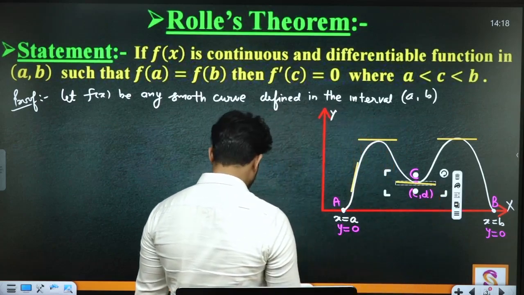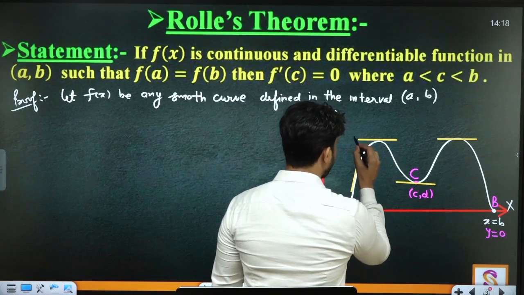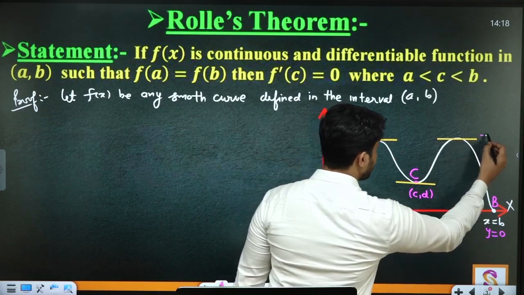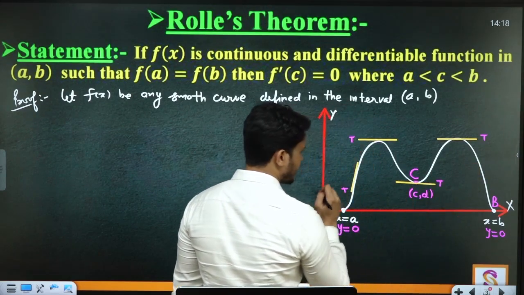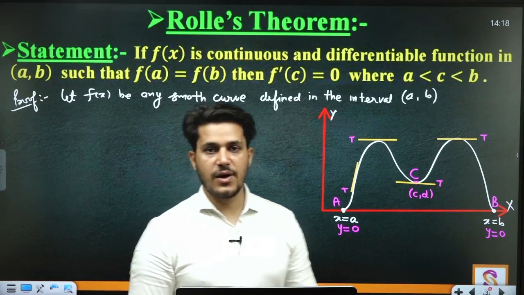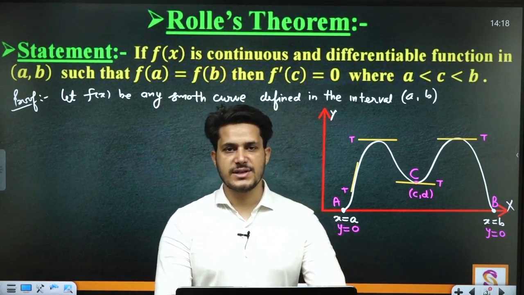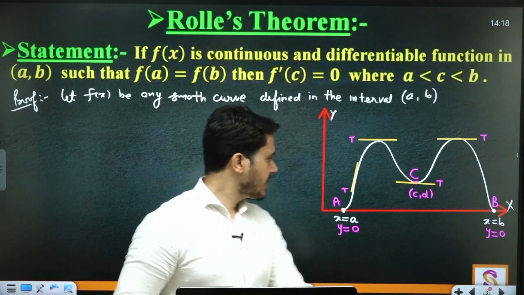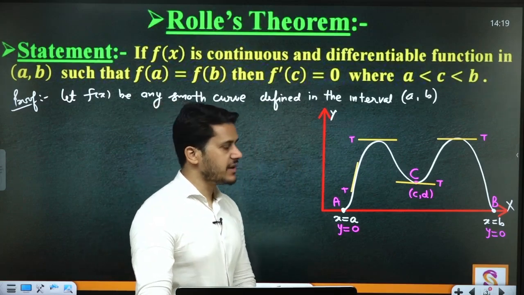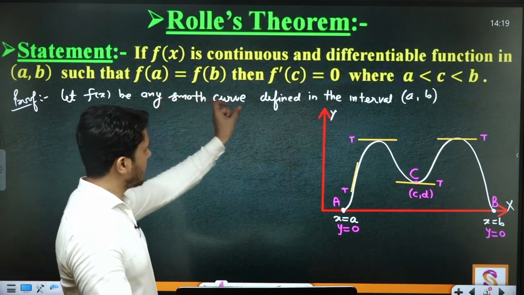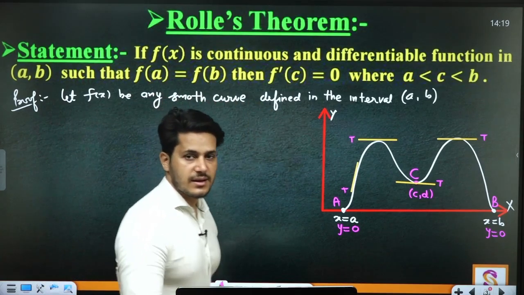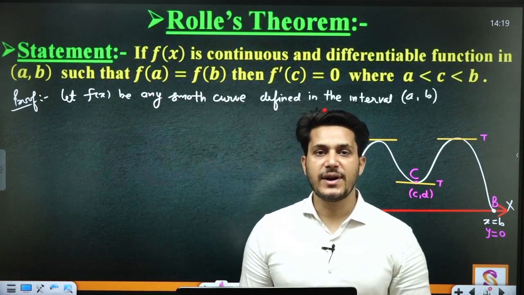So these are tangents T. This is tangent T. This is tangent T. This is also tangent T. So due to smoothness of the curve, several tangents can be drawn, right? इसके smoothness होने की वजह से बहुत सारे tangent इस पे बनाई जा सकती है. So this is the word smooth curve can be smooth curve can have infinite tangents.